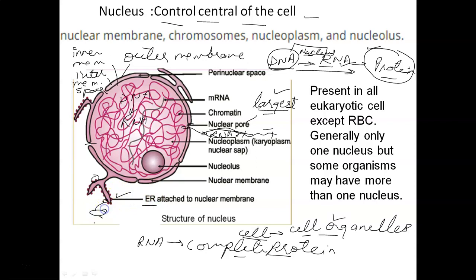It will go to the Golgi body, and then the Golgi body will pinch off the protein after modification and packaging. Okay, so the first function we have seen, that the first part of the nucleus, that is the nuclear membrane, which is double membrane. Nuclear pores are present. These nuclear pores have the function to pass the substances which are formed inside that nucleoplasm and exchange of material between the cell and the nucleus.